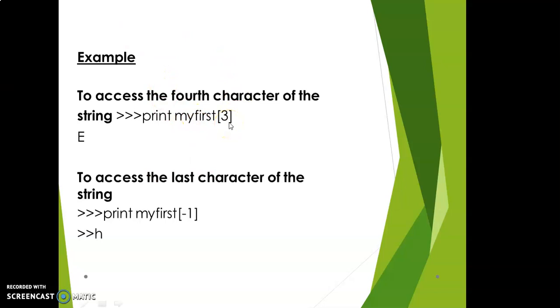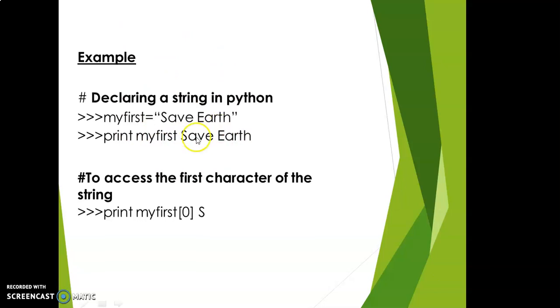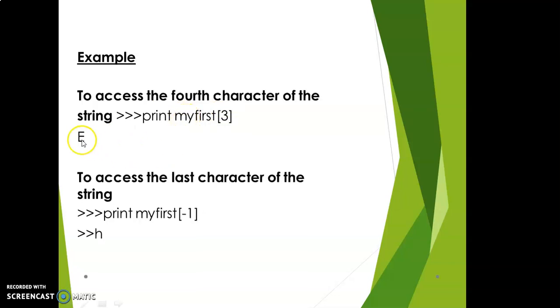What is in the third position? See, 0, 1, 2, 3. E will be printed. If you have written a capital, a capital will be printed. If you have written a small, a small will be printed. This 3 means from the fourth position it will retrieve the value.